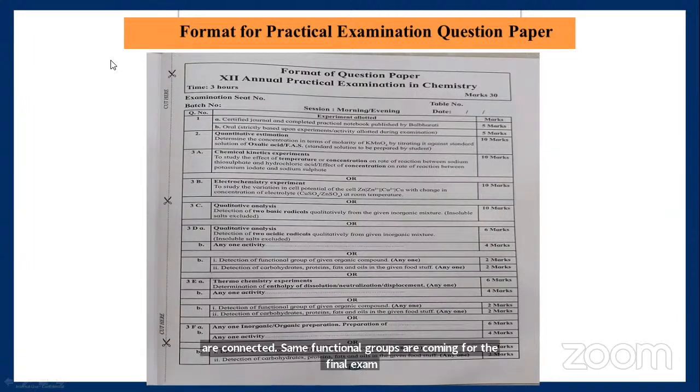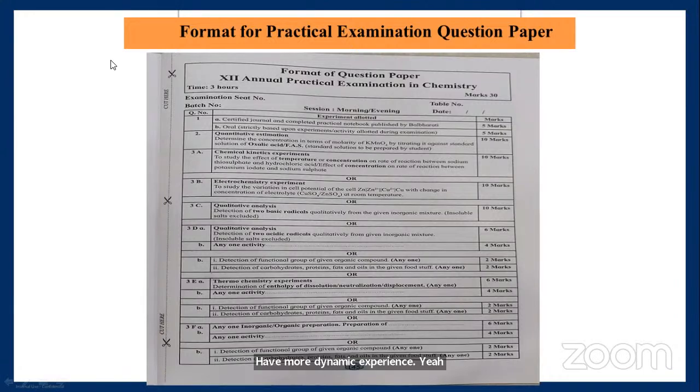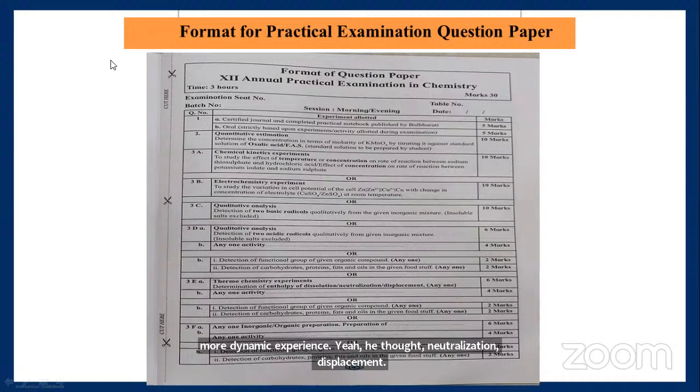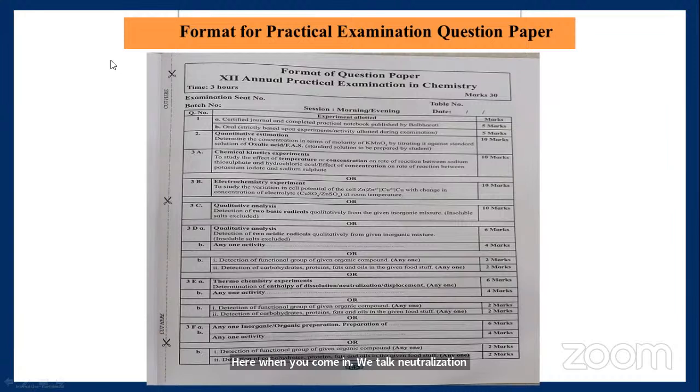Thermodynamics experiment. Here heat of neutralization, displacement, it will be asked for 6 marks. Here, when you complete the heat of neutralization experiment, you have to take the sign